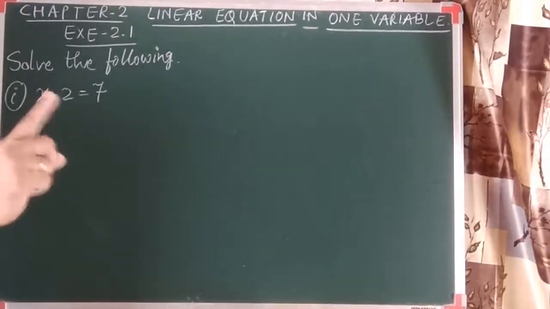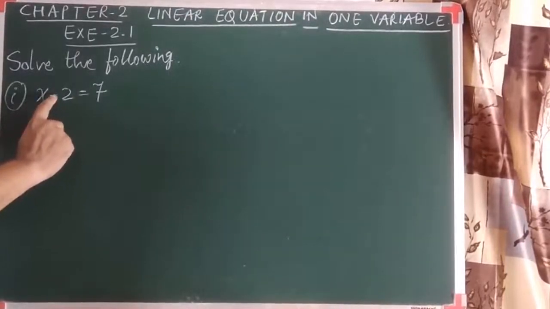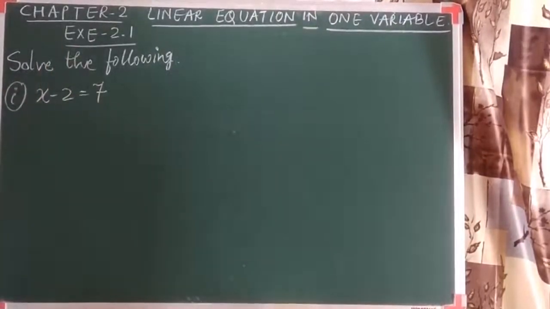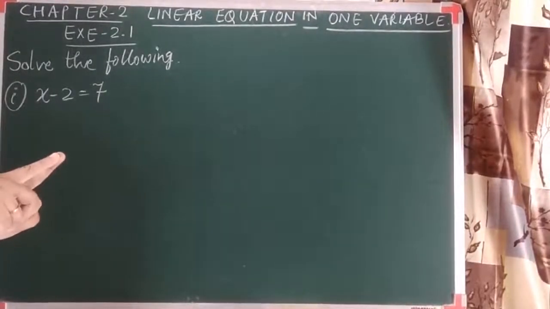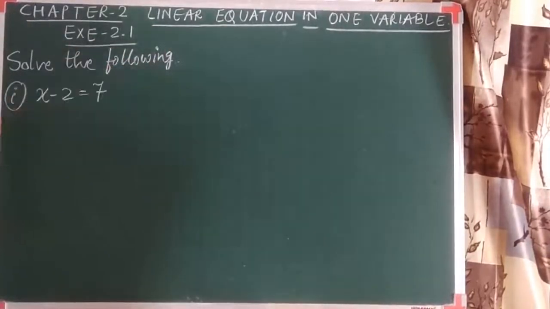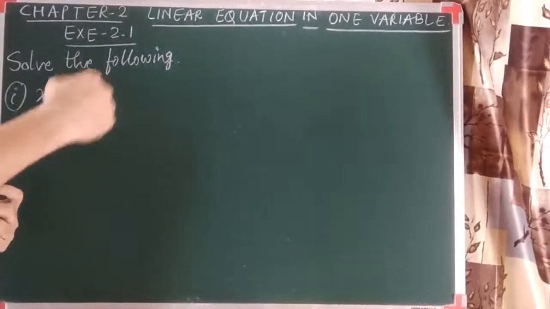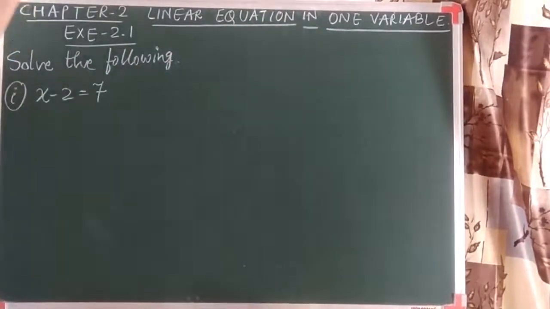But the first thing we have to remember is that we require all the variables on the left hand side, all the constants on the right hand side. We always get two types of terms, constant and variable. So we have to separate them, constant on the right hand side and variable on the left hand side. So now let's see how we'll do this. And the second thing, let the sum come, I'll explain.